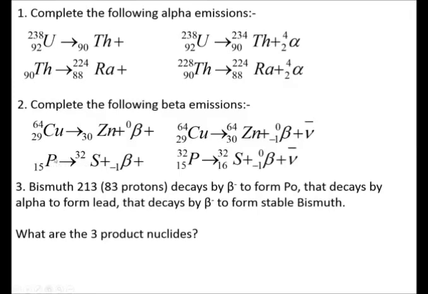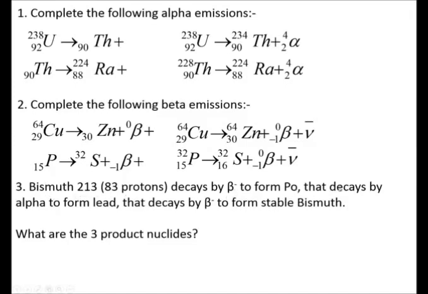And then, okay, we've got 15 protons, and this goes to 16, so 15 goes up to 16, where we've got a neutron turn into a proton. The mass number stays the same, and then we're showing here the beta negative particle as well as the antineutrino. And then finally, just a different style of question, we've got bismuth-213 decays by beta negative